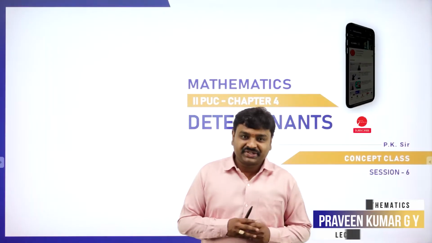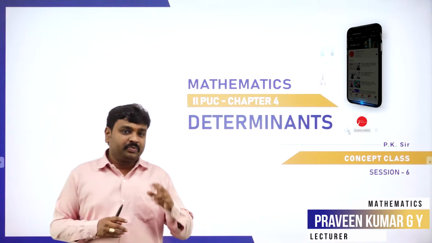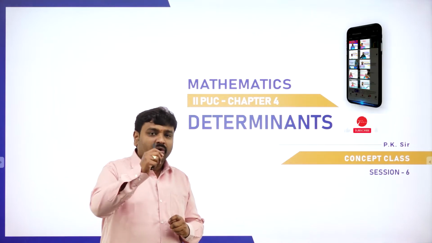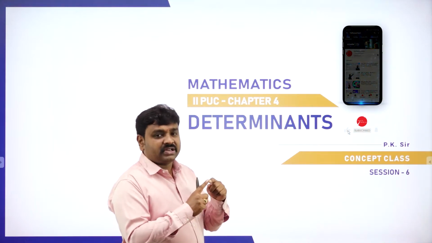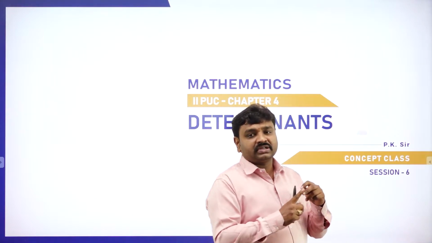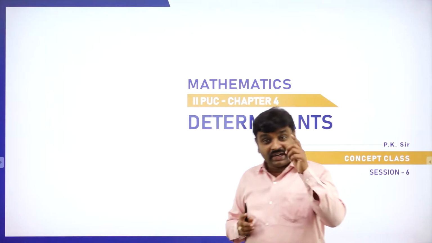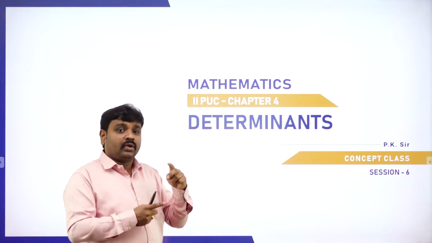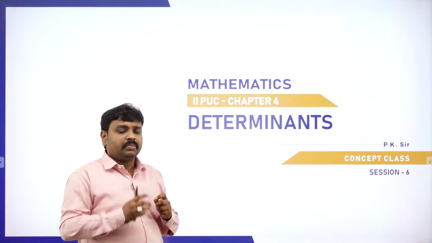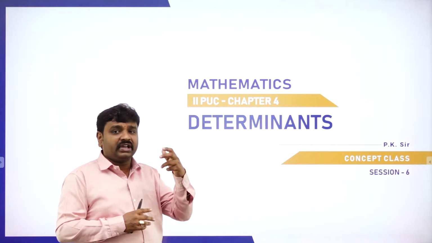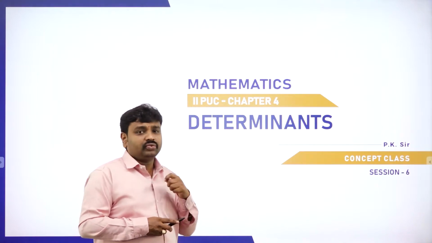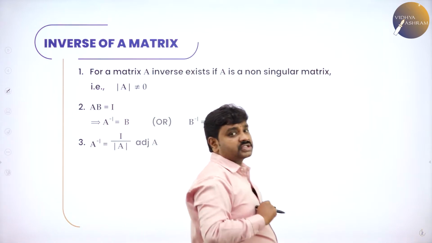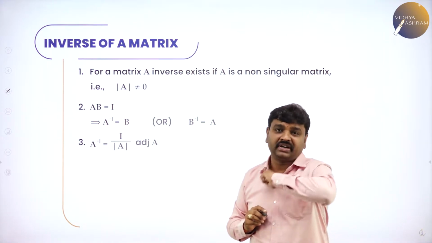Welcome to the session, dear students. In my last class, I taught you properties of determinants and we have done problems based on properties. So now today we'll go ahead with adjoint of a matrix, finding inverse of a matrix. A simple 2 cross 2 we'll take. Later in my next session, I'll be dealing with how to find a minor, how to find a cofactor, how to find an adjoint. But to begin with, to see how to find inverse, we'll take up some simple 2 cross 2 determinants. So in today's session, first and foremost concept we are discussing is singular matrix.